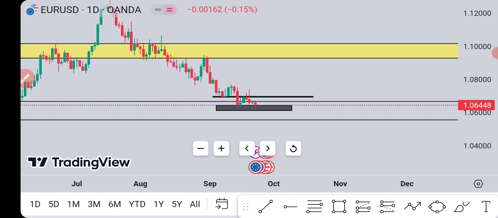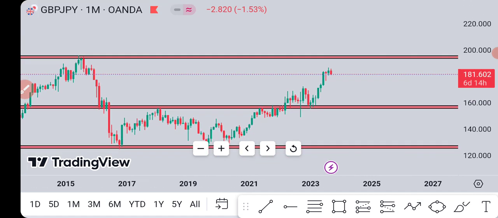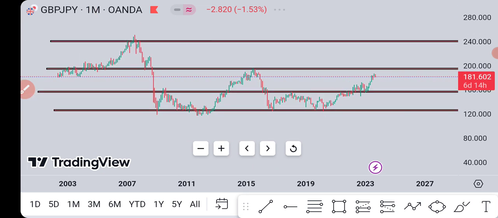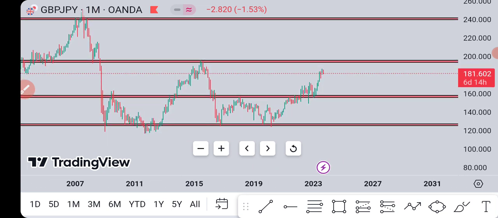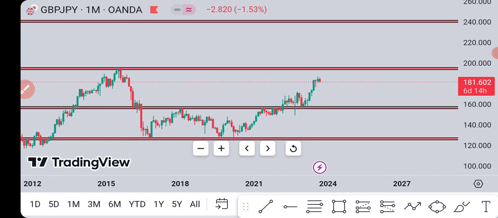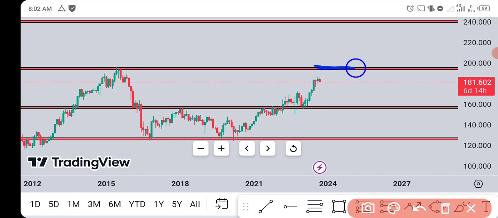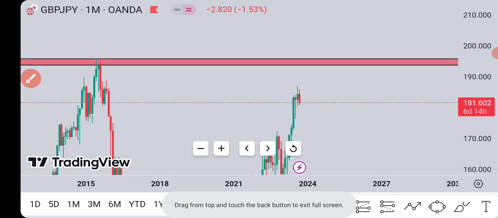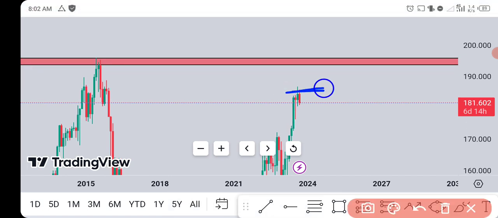GBPJPY. So this is my GBPJPY, and this is my monthly time frame. I already have my monthly zones marked out. Now I'm expecting this market to come to this resistance zone here. This is my overall target, this resistance zone from here. But on the monthly time frame, we are currently seeing a kind of rejection from this zone. So if I